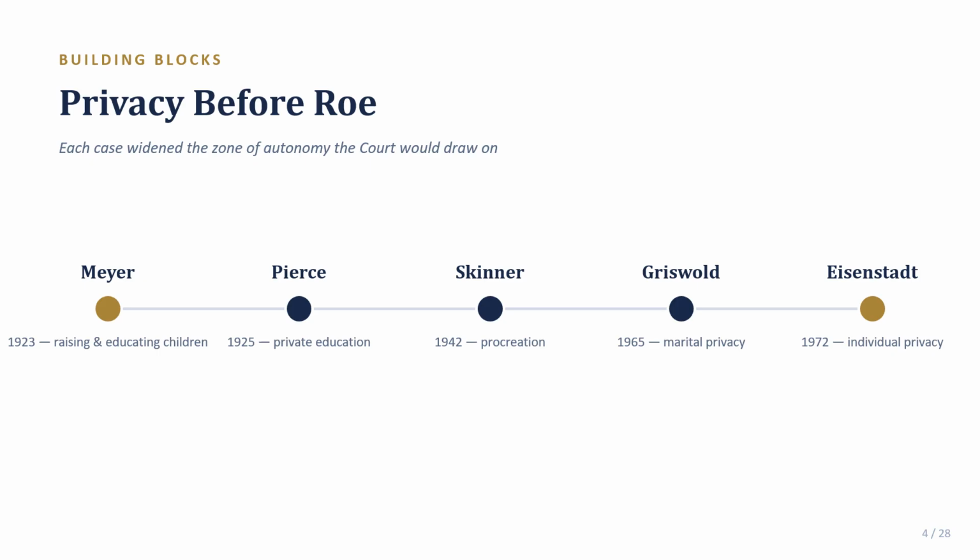So, whether that next step is a legitimate extension of existing doctrine or a step too far beyond what those earlier cases had supported, is exactly the disagreement that runs underneath Roe, Casey, and eventually Dobbs. Now, keep that tension in mind because we are going to return to it when we reach the interpretive debate slide.